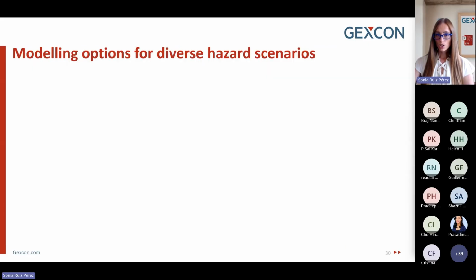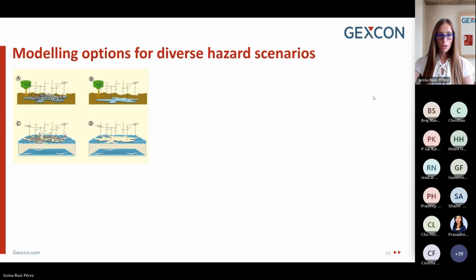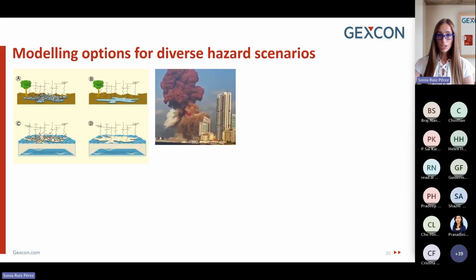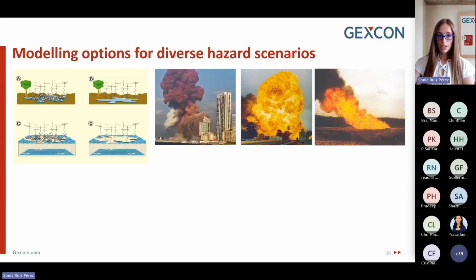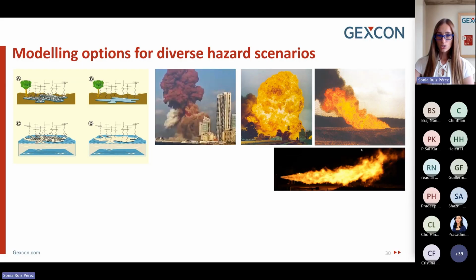EFFECTS and RISKCURVES offer a robust set of models designed to simulate a vast range of phenomena relevant to different industries and scenarios. These include pool evaporation from liquid spills on ground or water surfaces, detonation scenarios for solid materials, BLEVE fireballs, which can be critical in hydrogen storage scenarios, pool fires, and jet fires for studying various release and ignition conditions,